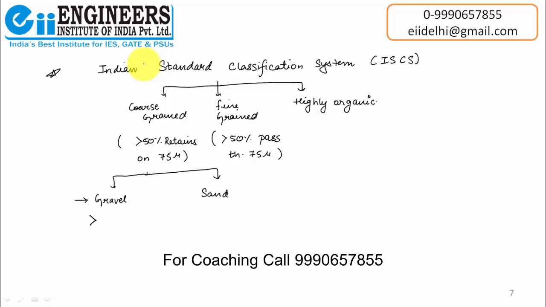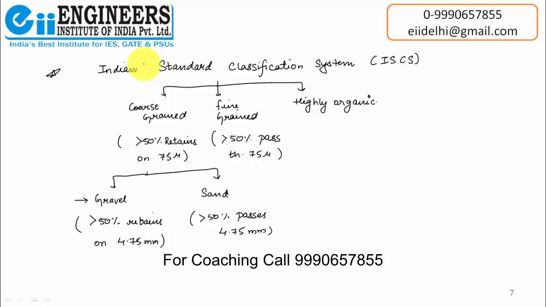Well, if more than 50% of the coarse fraction retains on 4.75 mm sieve, then it is known as gravel, and if more than 50% of the coarse fraction passes through 4.75 mm sieve,